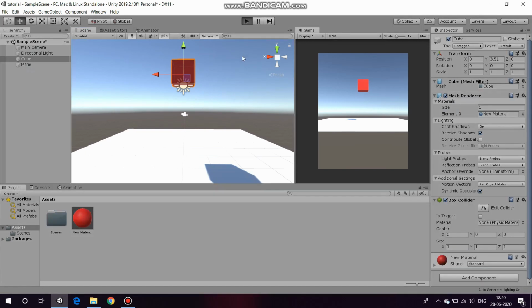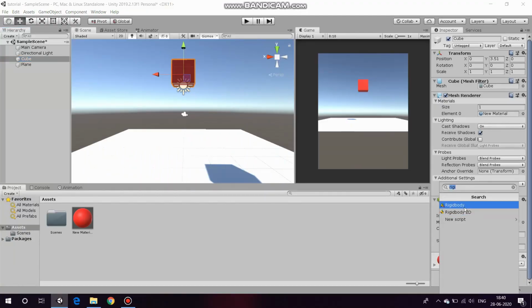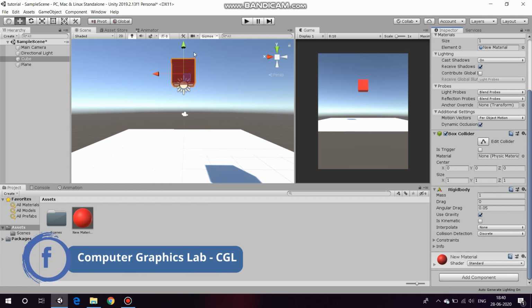If we lift up the cube and then click play, it just hangs in the air. Nothing happens. Every game object in the scene has many components attached to it. Each component controls a specific behavior of the game object. Like the Rigidbody one. The Rigidbody component gives the object the ability to act as a rigid body in the game. There are many settings, but in this case we'll use the gravity setting of the Rigidbody component. In the inspector window, click on Add Component and then type Rigidbody. Select Rigidbody and not Rigidbody 2D because we are working in 3D space.